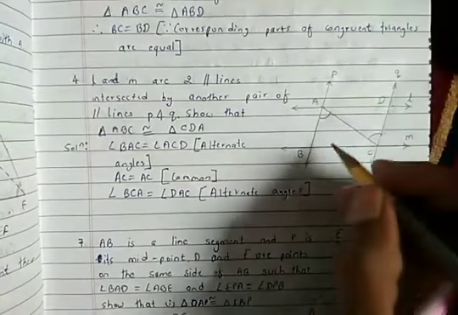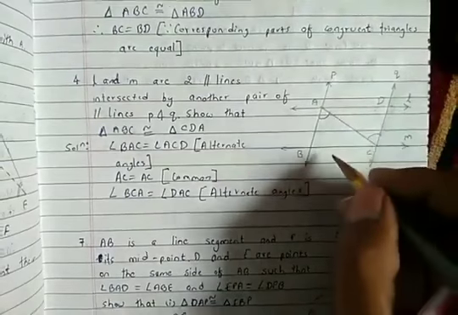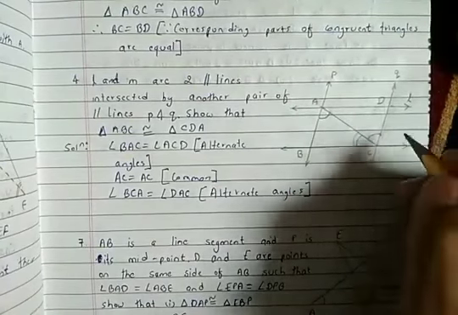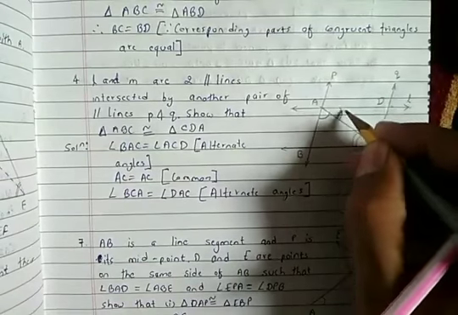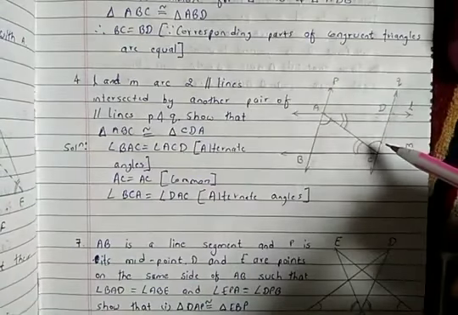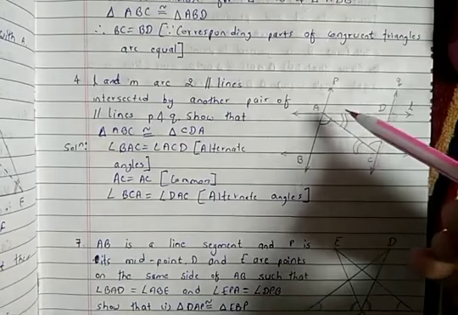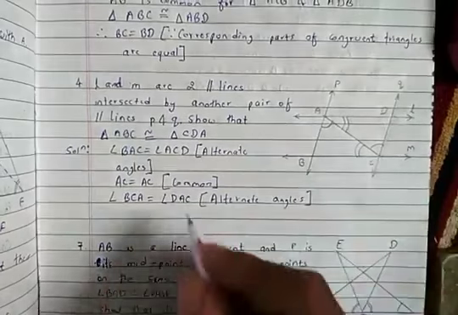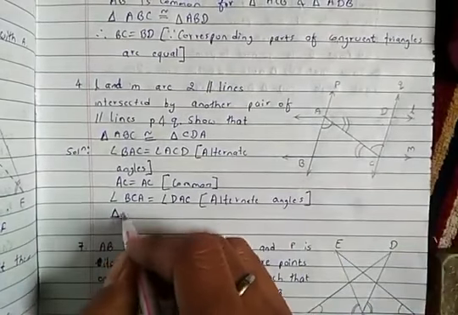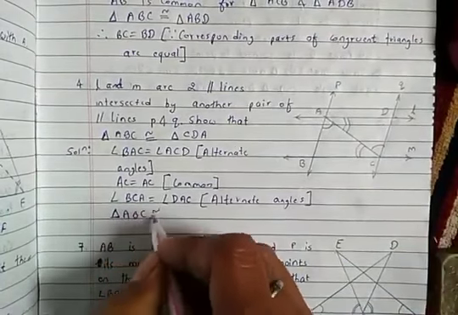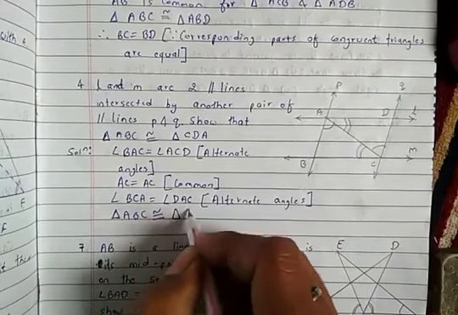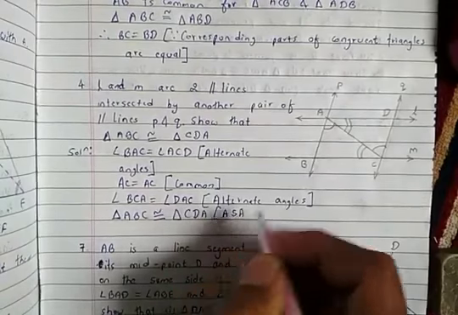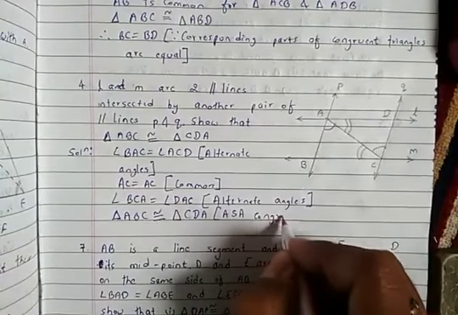BCA, this angle is equal to CAD, right? Now you can say that triangle ABC is congruent to triangle CDA by angle side angle congruency rule,